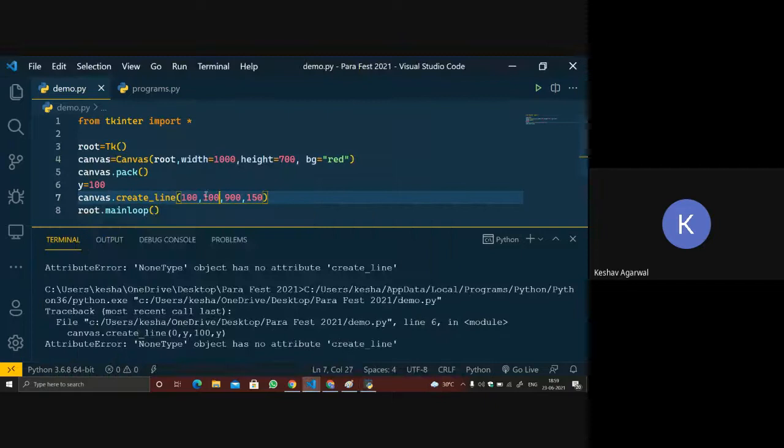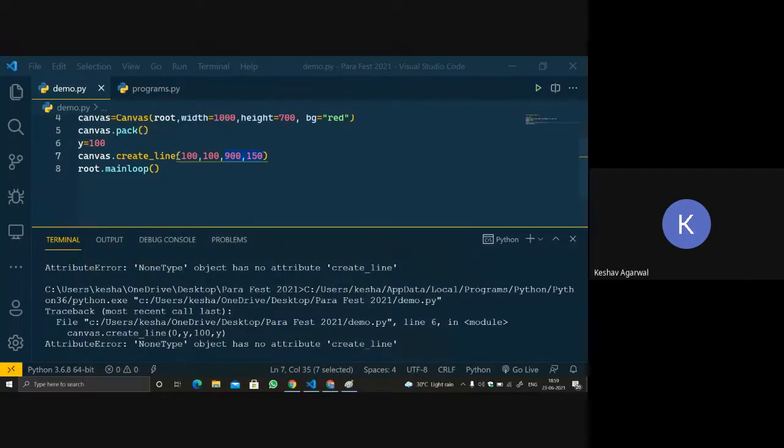See, we got a line that was originating from 100 comma 100, and it was going till 900 comma 150. So the first two coordinates are the originating point, the start point, and the last two numbers that we have entered are the end point of the particular line.